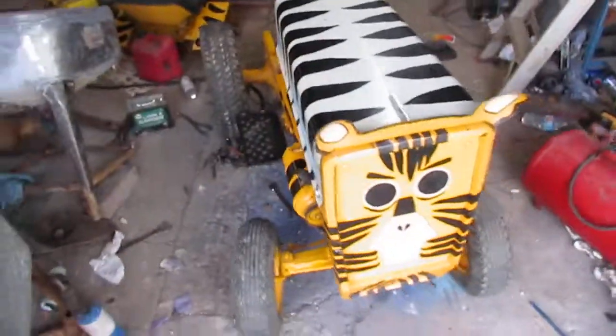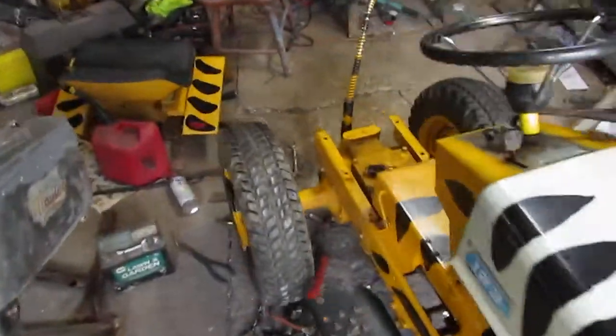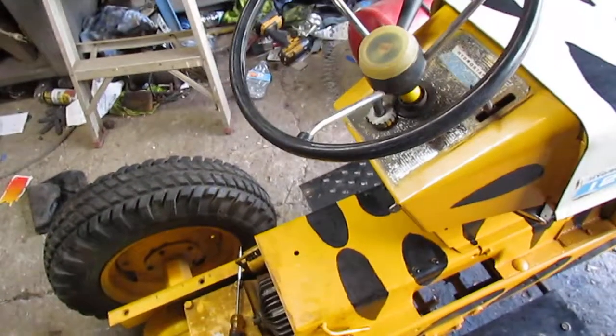The point was they painted them up like circus animals, because no one trusted the transmission, and then they'd jam them in forward and reverse and do jumps and wheelies. They'd have a lion tamer or someone with a whip, and they'd crack a whip at it and do a wheelie. People were driving it, of course, but they were trying to show off how durable the hydrostat was. And obviously, if you look at just about any new mower nowadays, it took off. I don't know if that was such a good thing, but